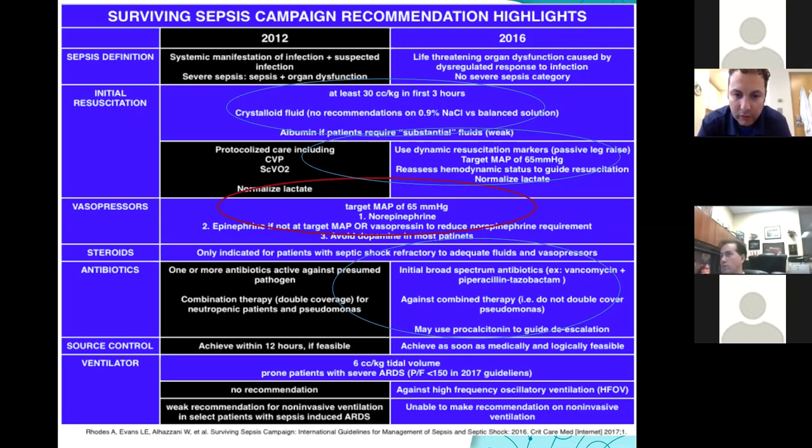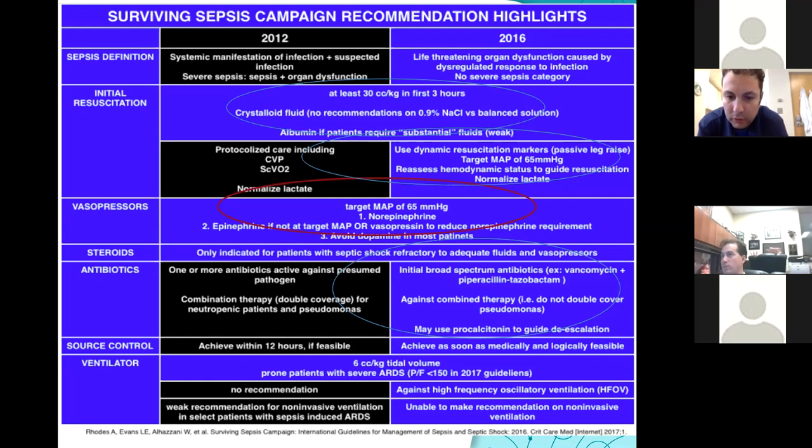There is not a lot of solid data on either epinephrine or vasopressin in adults. There is a nicely written recommendation to avoid dopamine in adults, especially with tachycardia. So that's the evidence in adults. We don't have it in pediatrics.